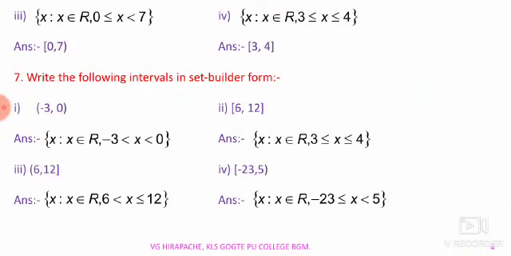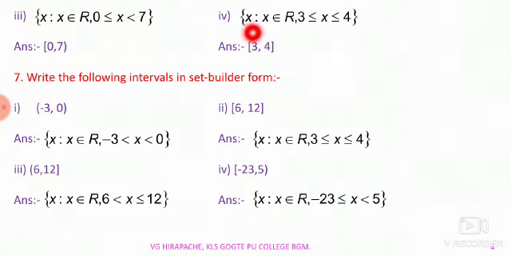Let's begin with one more example of a similar type. It is a set containing x such that x belongs to R, 0 less than or equal to x less than 7. Since x is greater than or equal to 0, 0 is inclusive, and that will be denoted by a closed bracket. 7 is exclusive because it is strictly less than 7, therefore it is an open end. Therefore [0, 7) is the exact answer for the given problem. That means the given set is in set form, and we are writing it in the form of an interval.